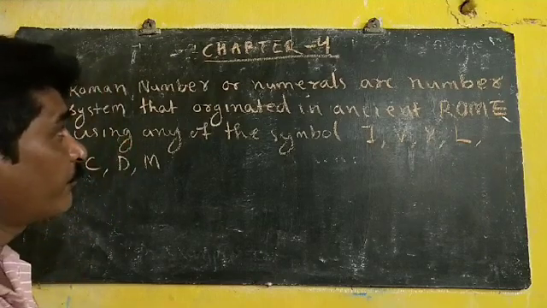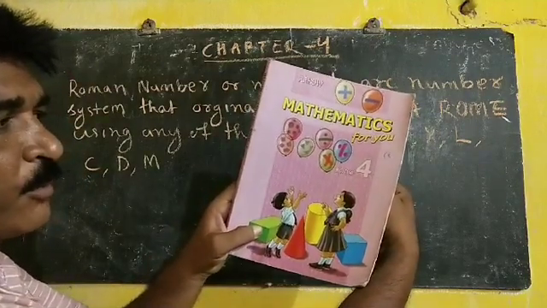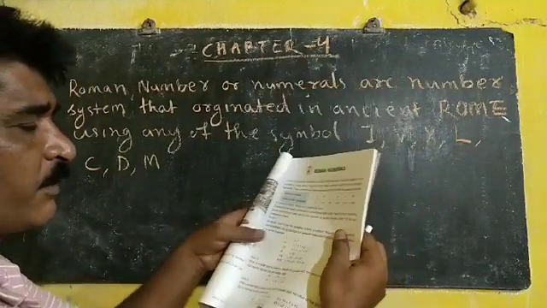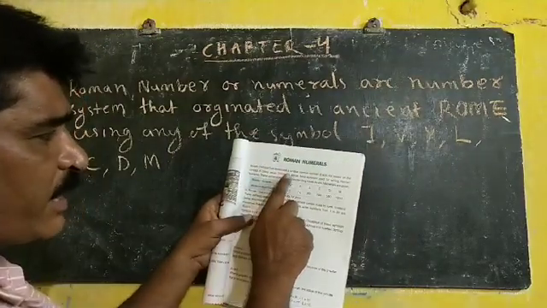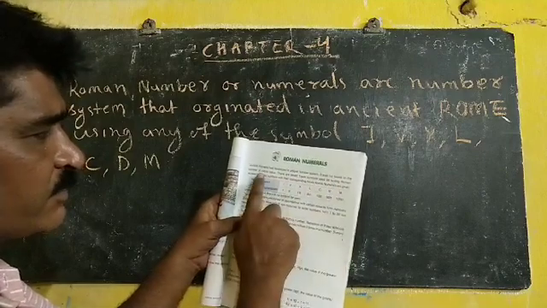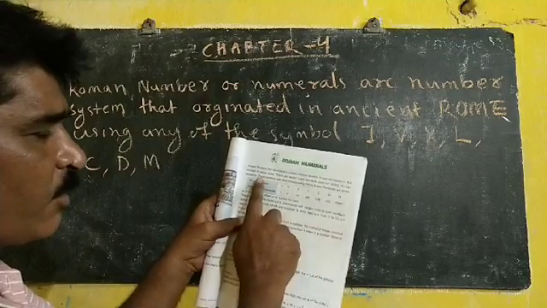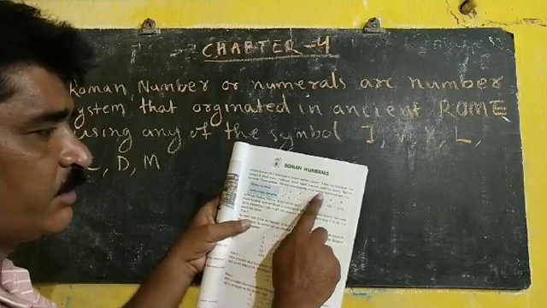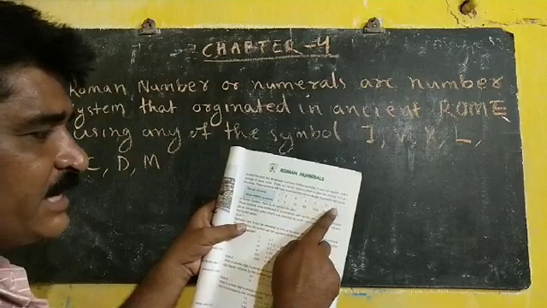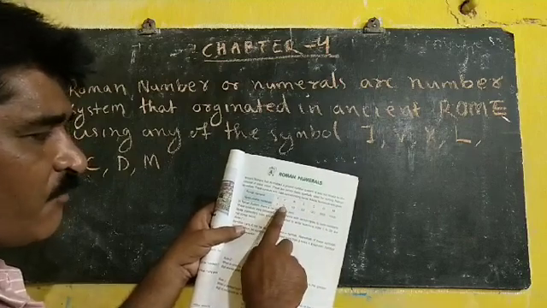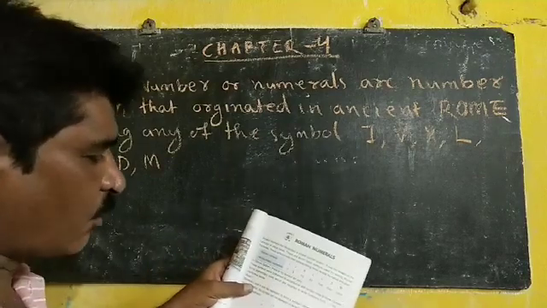Today we start chapter 4 from the math book, Roman numerals. Okay. Chapter 4, Roman numerals. In here, ancient Romans had developed a unique number system. It was not based on the concept of place value. There are 7 basic symbols used in writing Roman numerals. These symbols, in correspondence with Hindu Arabic numbers, are I, V, X, L, C, D, M. Their values are 1, 5, 10, 50, 100, 500, 1000. We'll discuss how to write Roman numbers.